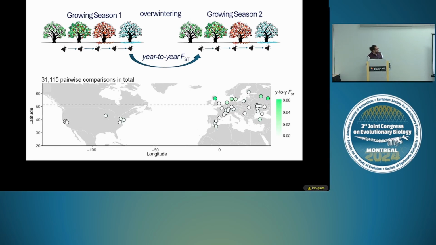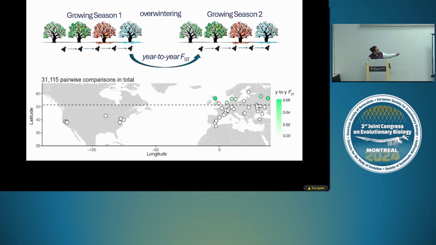So this map showcases the effort of that analysis. We selected some samples from the test data set, and then we applied the statistics. In total, we did about 31,000 pairwise comparisons. And then this map showcases the first interesting finding. Each one of the dots is a population, and the shade of green represents the mean value for this year-to-year FST. And here we see the first piece of evidence that is consistent with our hypothesis,